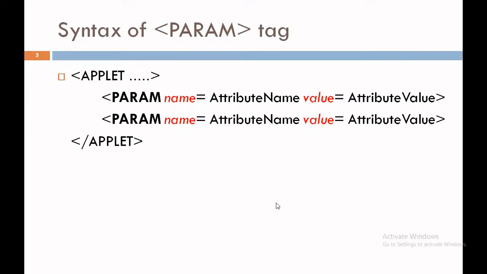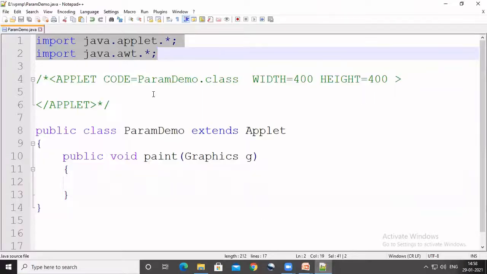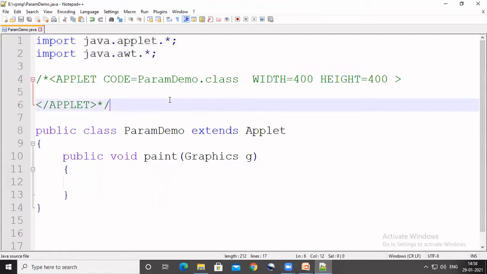Let's see the example of param tag in applet programming. For that, I have already created one Java file which has a class ParamDemo, and the file contains the applet code as well as packages and the paint method. This applet code contains three mandatory attributes: code, width and height.